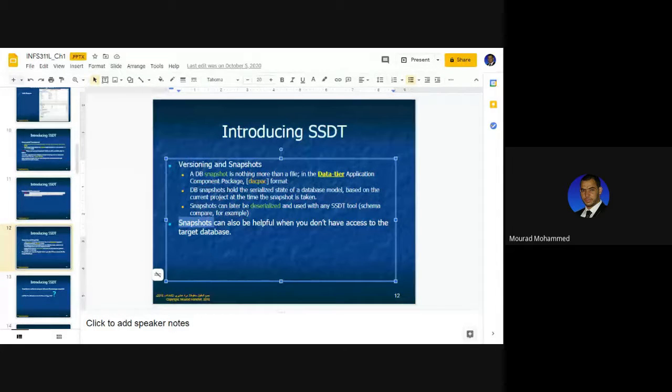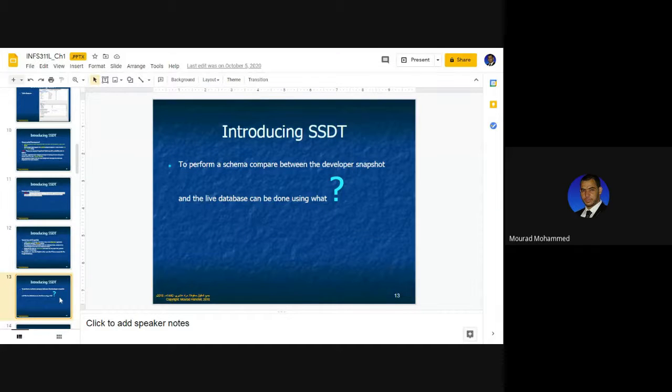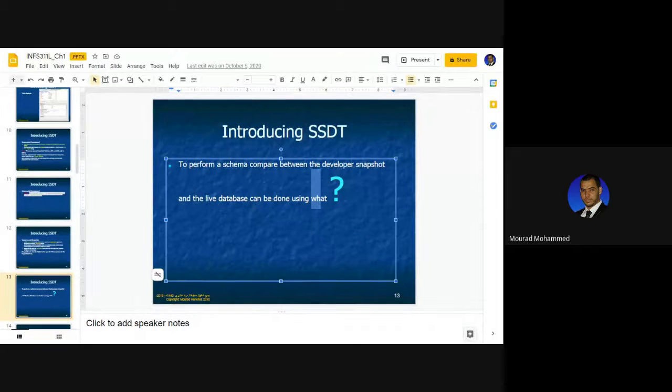Okay. A small question to summarize. The schema comparison between the developer snapshot and the live database can be done using what? The question is asking about the comparison, and between what? The snapshot that the developer is using and